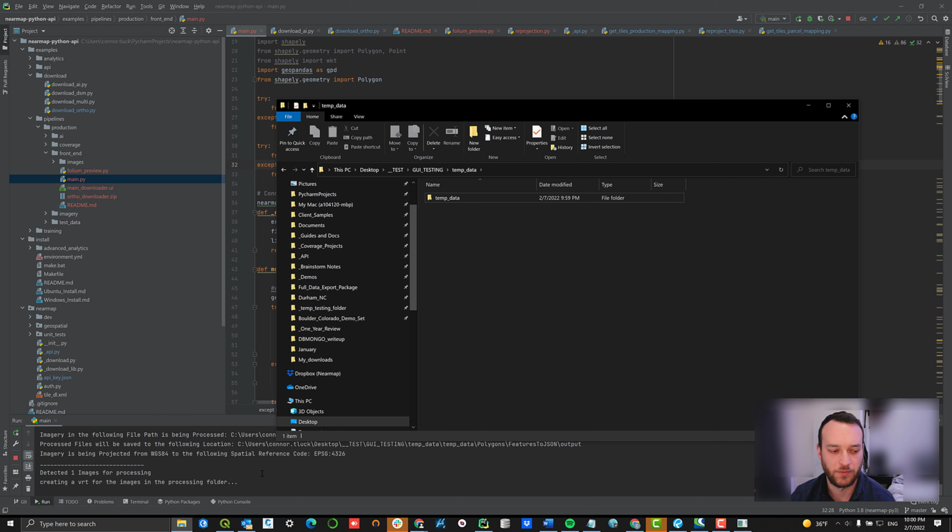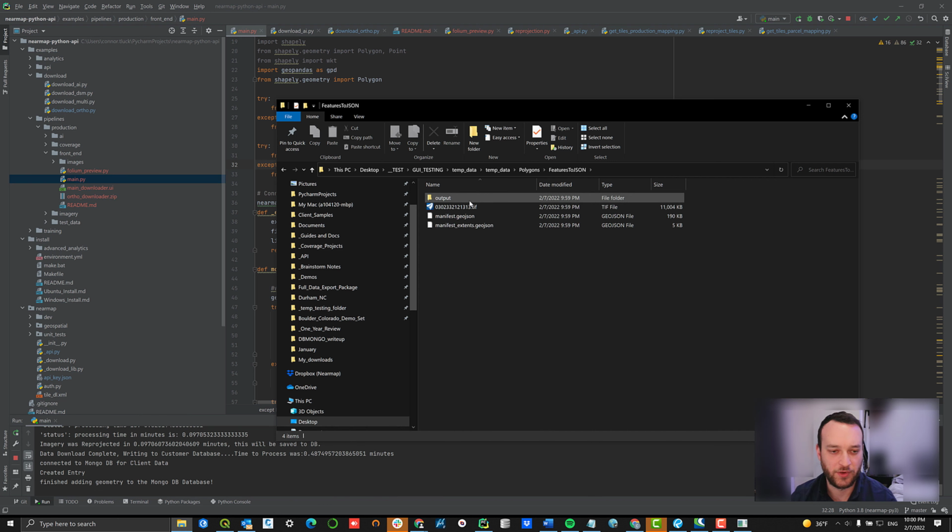So our tiles have been returned. It's now working on merging and reprojecting, and then it writes the database. It looks like data download complete, writing to customer database, finish writing data. All right, awesome. So if we go to our temp data folder that we created, you see that we have